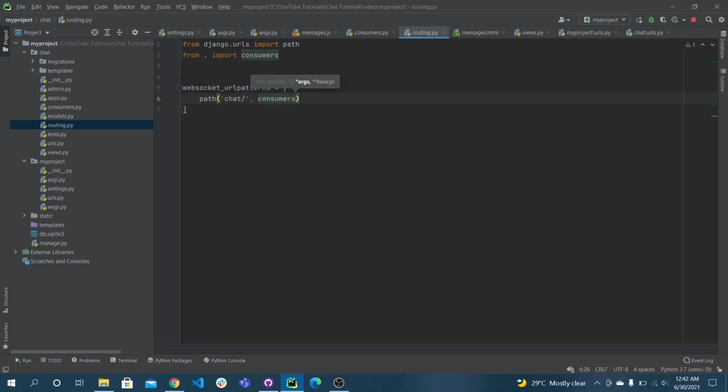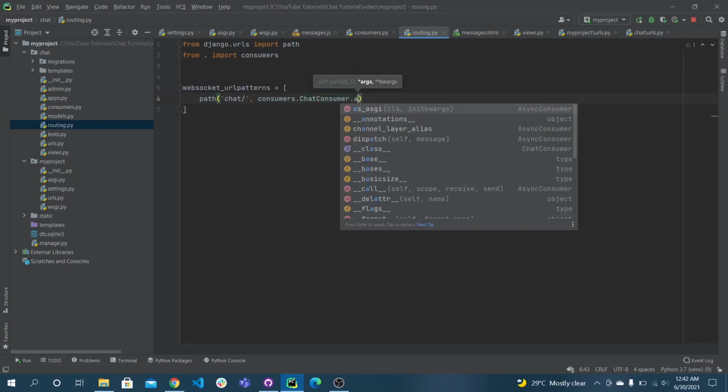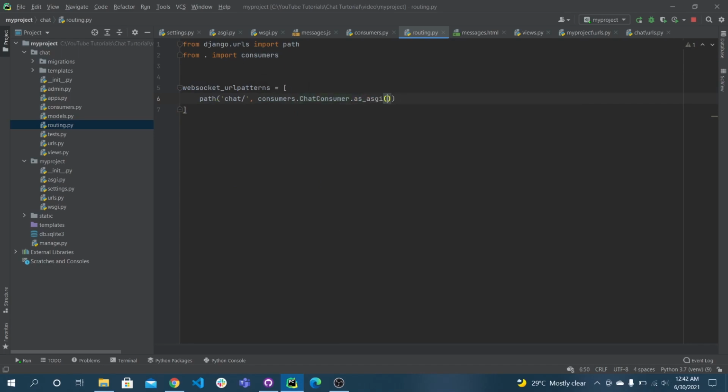When the WebSocket connection for the chat URL is hit, we will call the chat consumer, and it is an ASGI view. As I already said, WebSocket is not a regular HTTP protocol, so we have to handle this kind of information transfer between front end and back end.